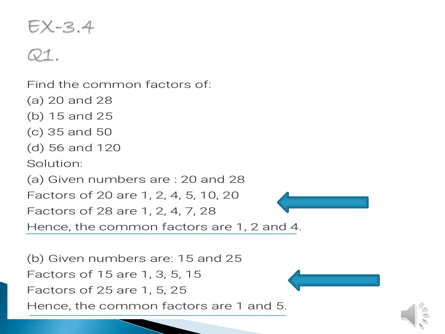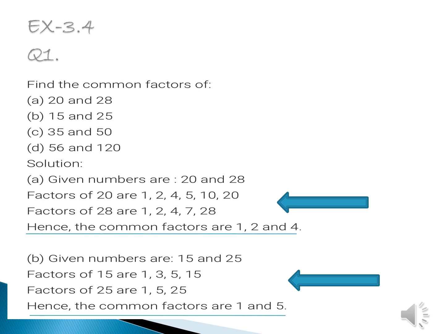If you are finding it difficult to write down the factors, don't get confused. It is very easy. We have just studied the divisibility rules also. We just use the divisibility rules of all the numbers to see whether those numbers divide 20 and 28 or any other number that is given. So you have to be very thorough with the divisibility rules for writing the factors.